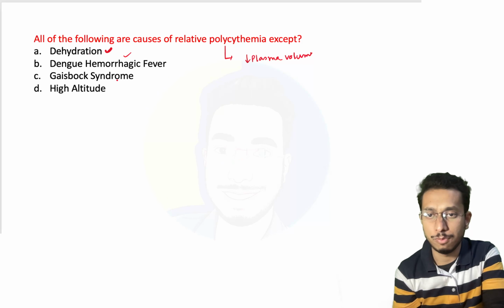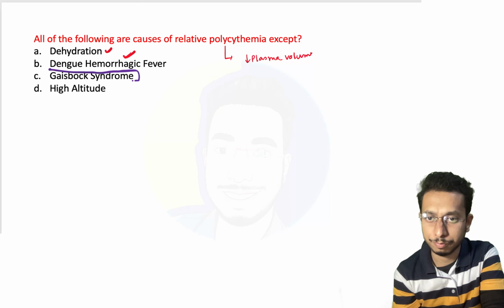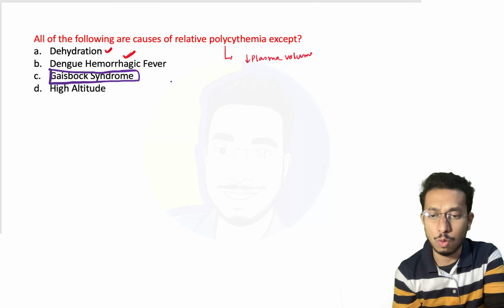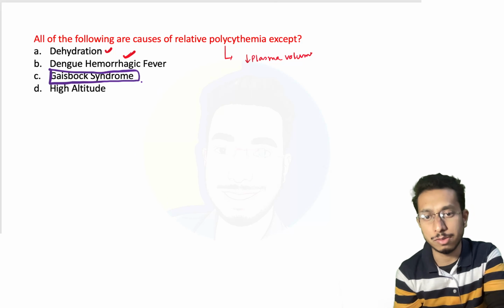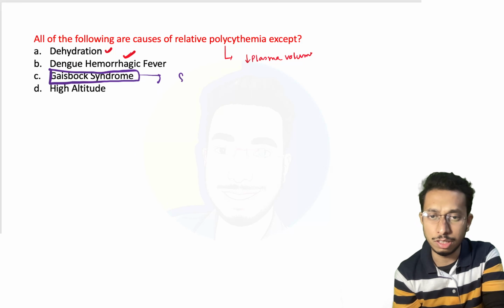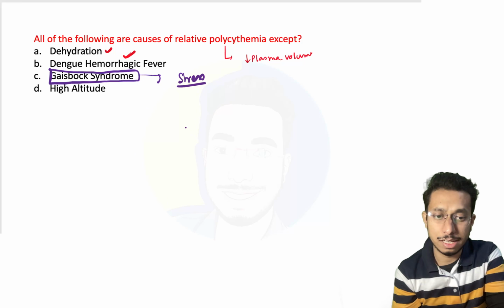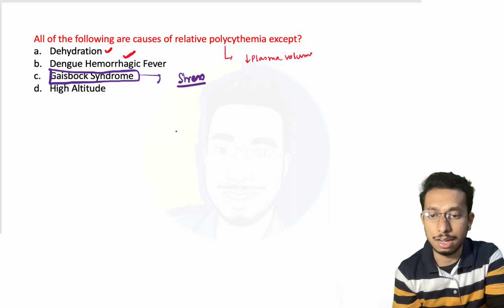So dehydration, there will be relative polycythemia, dengue hemorrhagic fever, relative polycythemia. What is Gaisbock syndrome? So it is relative erythrocytosis or polycythemia due to reduction of plasma volume, which is also associated with stress. All right. Now, actual red cell mass obviously remains the same here, and erythrocytosis is apparent due to the decrease in the